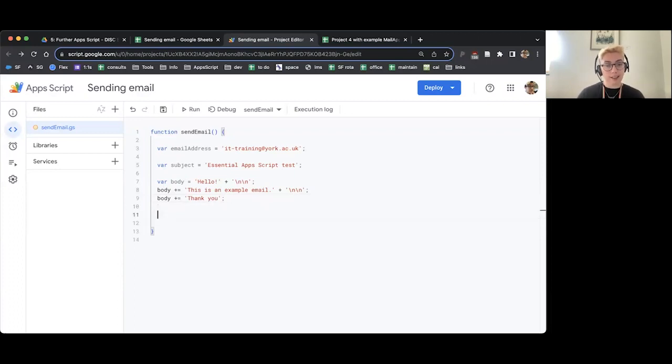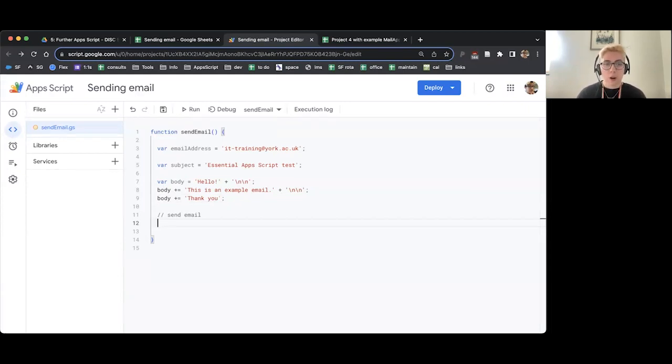So I'm going to hit enter and enter again. Just a little comment, 2 forward slashes that says send email. I do recommend whenever you're going to send an email in AppScript, you put a comment that says send email, because it's really good to know when you go back and look at code where the email's being sent, because that can impact if someone has received an email or not, if the script breaks.